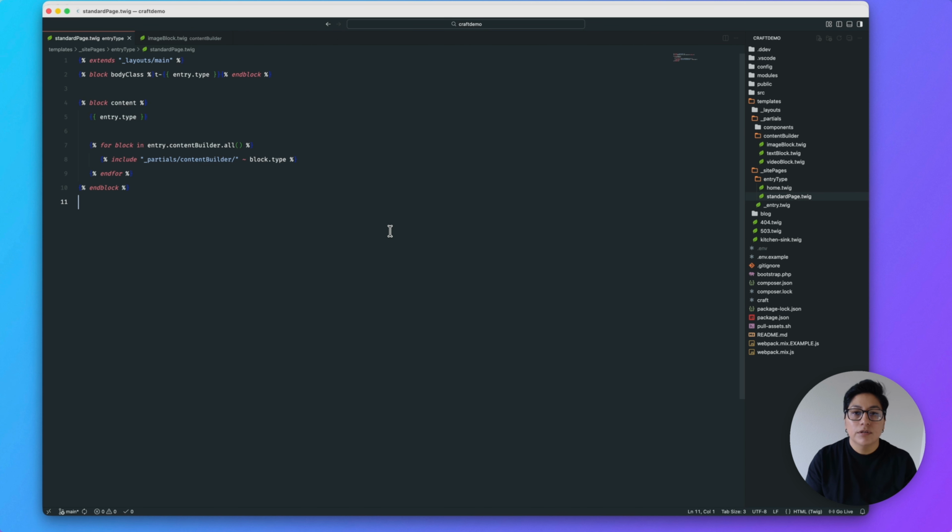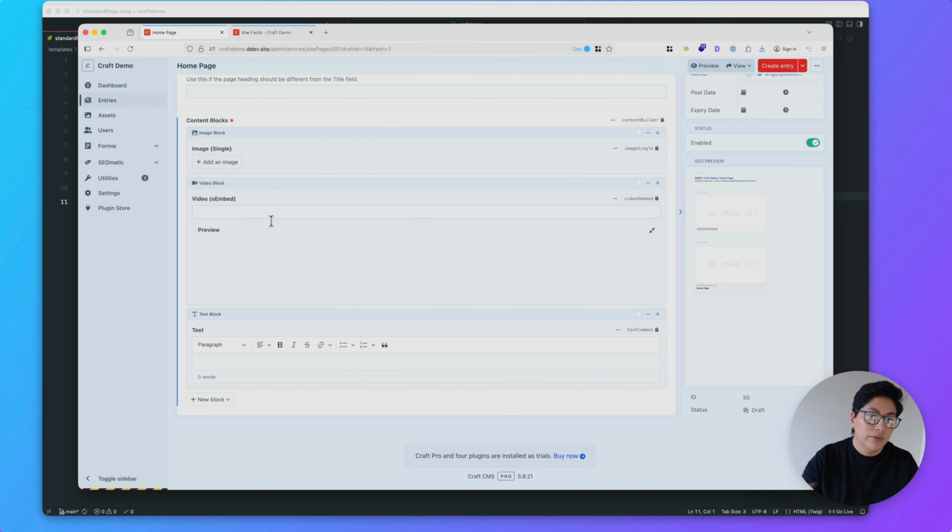The reason that I have this starter is just to save a lot of time. Having these, without any styles or anything like that, just makes it faster to start on development and not having to write the same code over and over again, because then you're just repeating yourself, and that really is just a big time waster. If we go back into Craft, I know that I keep flipping back and forth, but